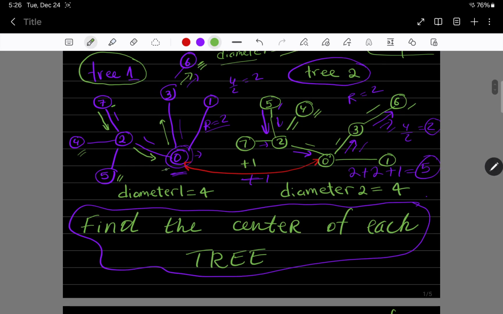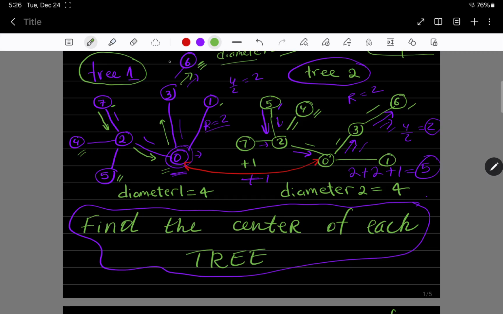Let's say from node 0. From node 0, we need to find the farthest distance from node 0. Let's see what the farthest distance is. Initially it can be 1, but if you look, there are like 4 farthest nodes,